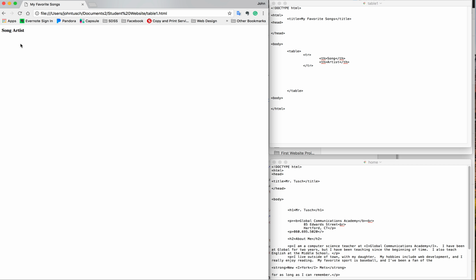Now if you look, it's kind of cramped here, isn't it? Not such a fan of that. So I tell you what I'm going to do. I'm going to tell it to put it across the page. So I'm going to add a style tag. I'm going to add a style tag to the table header. So watch this. I'm going to put in